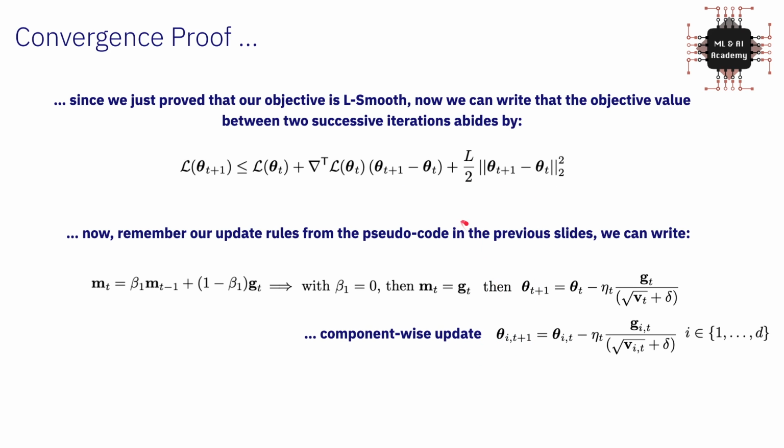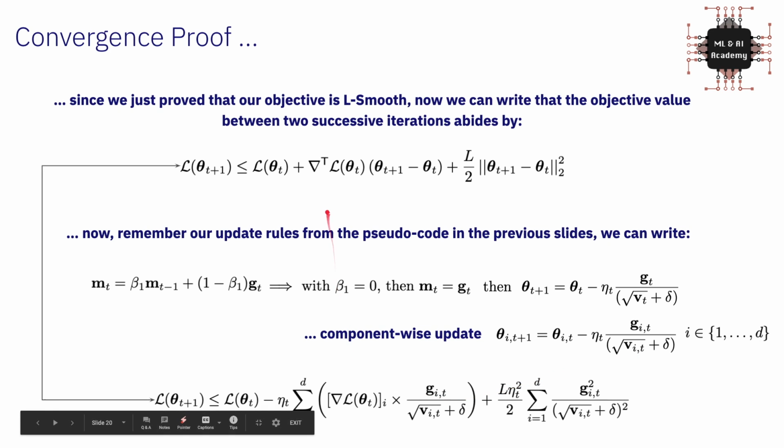To do that, we realize that if this is a vectorized way of updating the parameters, then the component update can be written in this way, and that's really simple. It's just that the ith component at t plus 1 is the ith component at t minus this learning rate eta_t times the ith part of the gradient and the ith part of the v vector. So then we take it, plug it in this, and then we realize that we can write this equation in